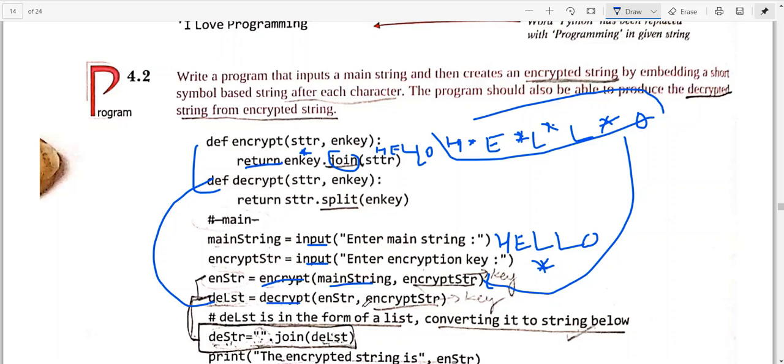So your string is, see here, whatever you have encoded. The encrypted hello has been returned here and stored here, this format of hello. Now this encrypted hello is inside it, and we are passing it here because we want to get the original message back. Some additional things we have put inside it. So now this hello is passed here, and your key again, what is the key? See, the same key, star.